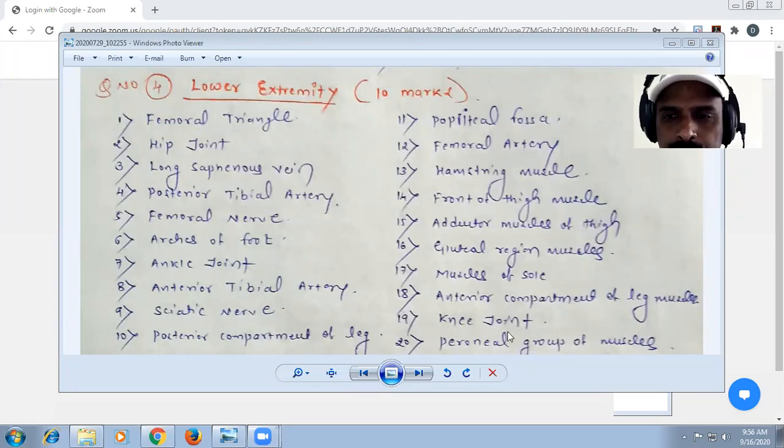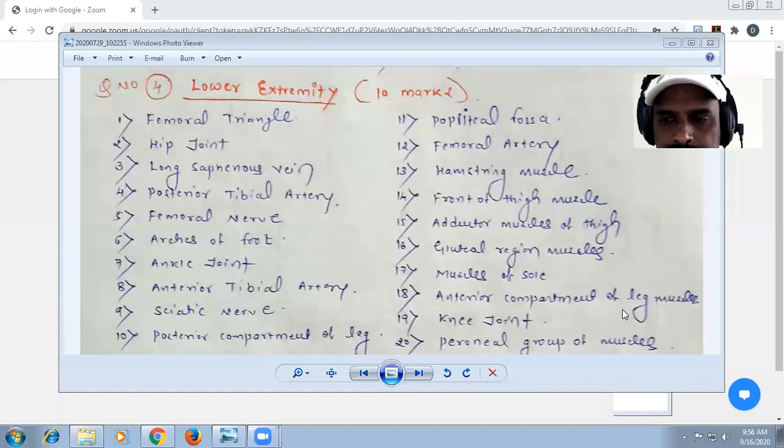Then comes the knee joint. That is an anchor question, and the knee joint has almost all the detail. Briefly, we have covered the ligaments, 11 ligaments, and the type, articular surfaces and relations. So you have to practice the knee joint completely, and that can be the one question which is commonly asked for 10 marks. Diagrams and all I have dealt with in the knee joint.